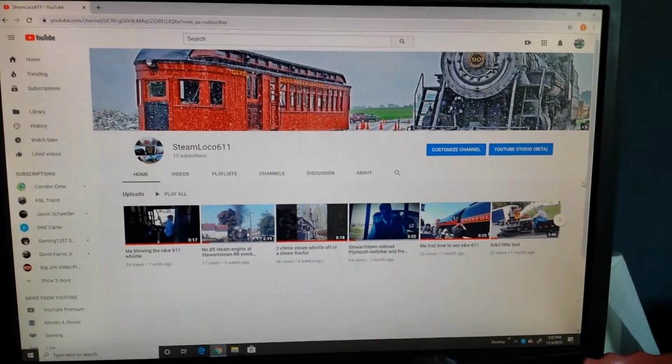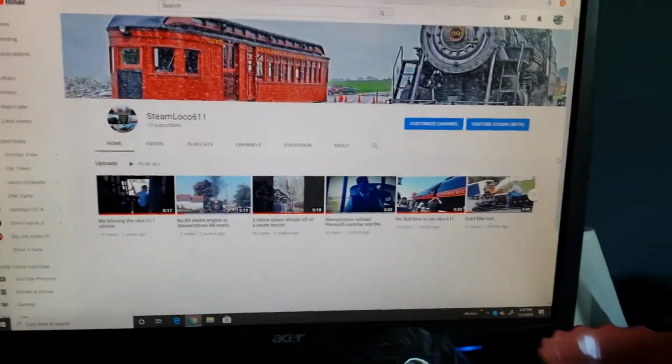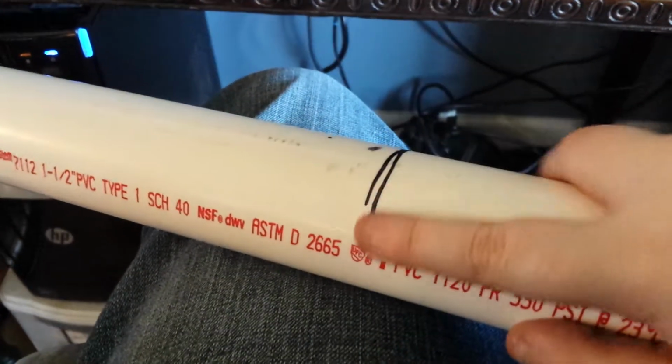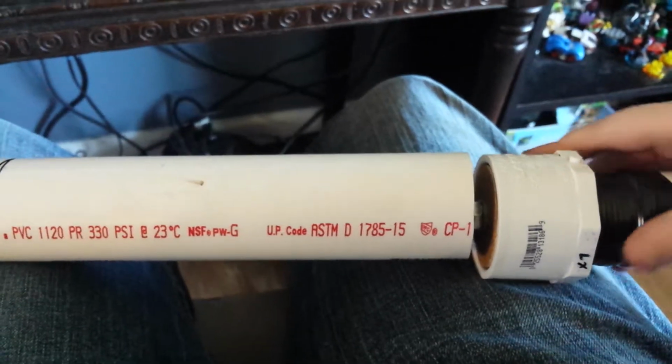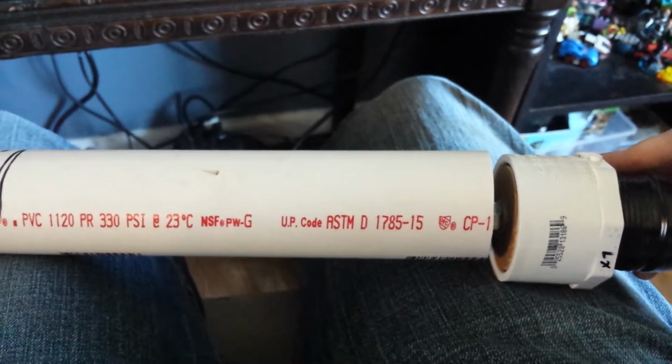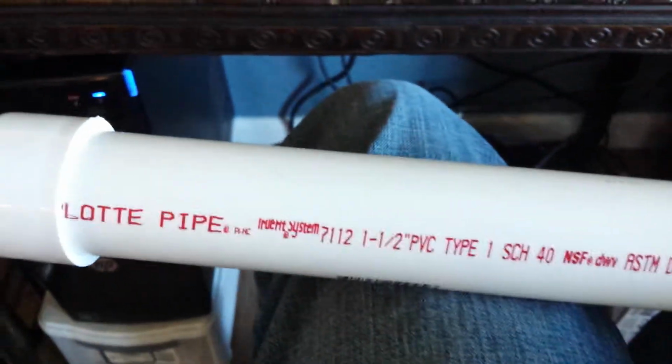Back to another episode, and today, mostly I kind of want to show you my PVC pipe whistle. It's pretty big, so mostly I need more volume. So we're going to cut it down to right here to make it a tiny bit smaller. It's going to be like that big when it's done. So we already made the whistle,